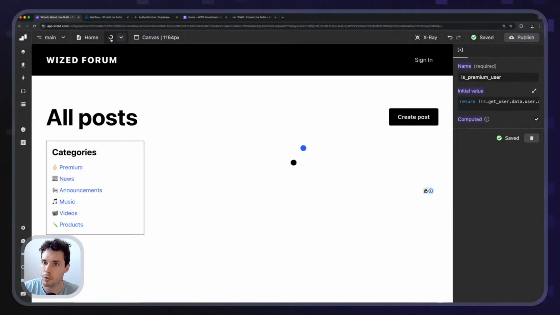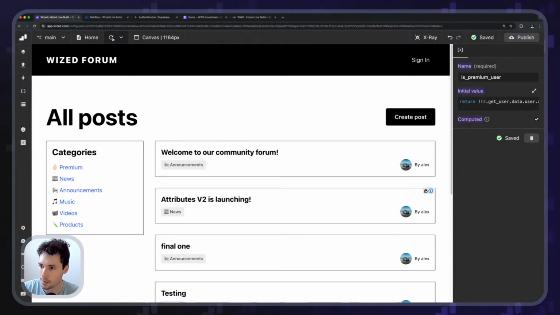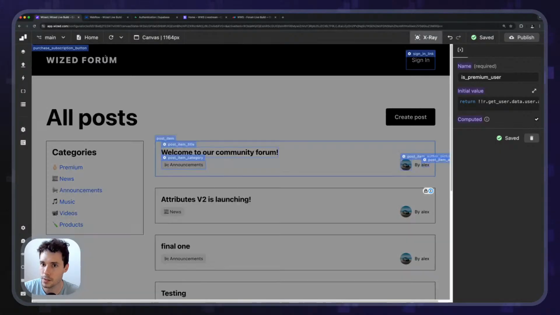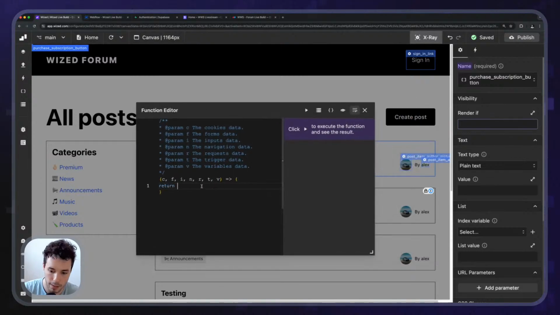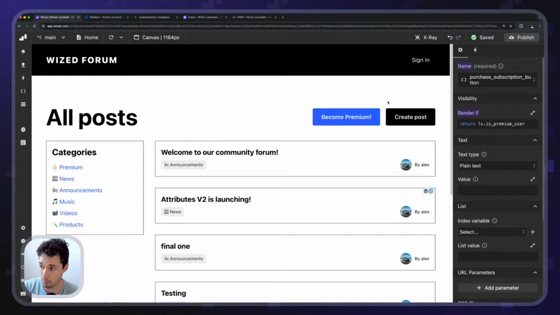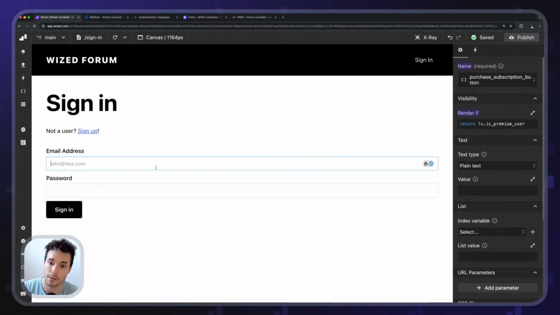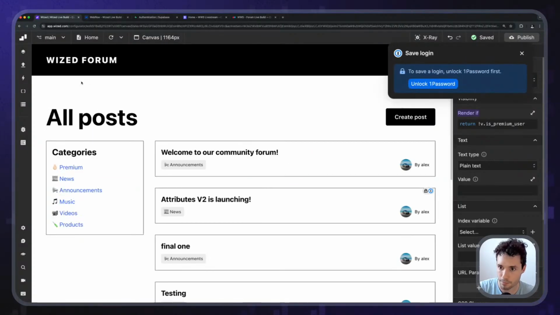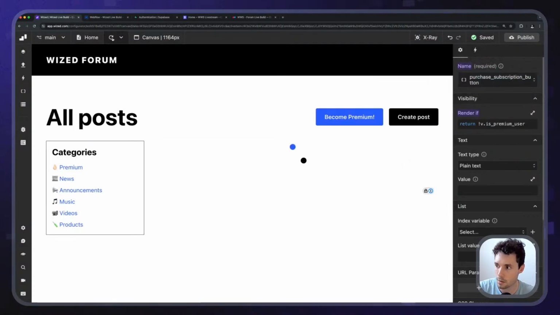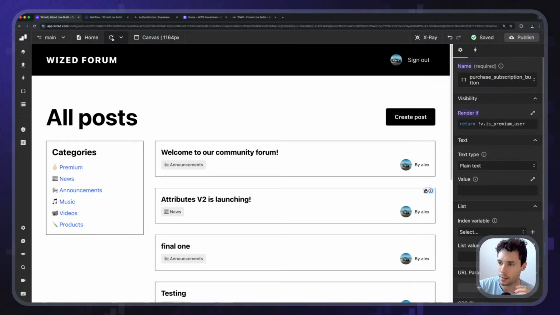Then if we go here to the home page, let's see. Boom. All right. But if I check the X-ray, I should be able to see the purchase subscription button. And in this case, I want to render this button if the user is not premium. So let's do render if there is no v.is premium user, like that. And now, as you can see, this is visible because I'm not logged in. But if I sign in, alex.iglesia@php.com, 1, 2, 3, 4, 5, 6. Now there is no button like that. The weird thing is that,